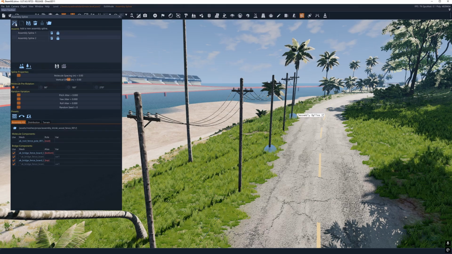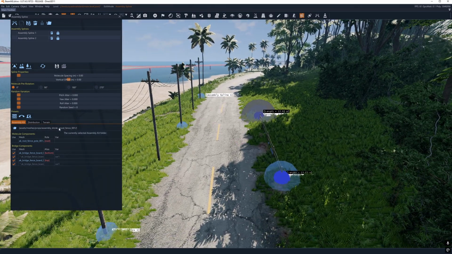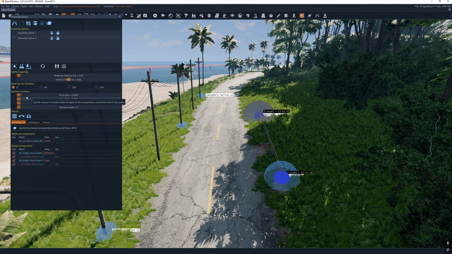So if I add a new assembly spline, I can make that something different. Basically, I don't ever touch this stuff. I think this is hard coded down here. Round robin, I don't really know if Control Z, no, I don't know. Round robin seems to be what I'm using there, and I don't mess with that. I don't know what these do, but the options above that, random, like all this spline properties, you can change